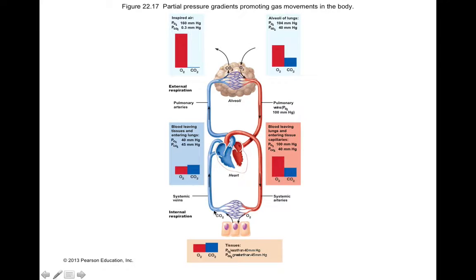So that means this deoxygenated blood that's leaving the tissues comes back to the heart, to the right side of the heart, where the right side of the heart pumps it back out to the lungs, and that's taking this deoxygenated blood through the pulmonary arteries to the capillaries of your alveoli, where it can participate again in external respiration. All right. So what you guys want to know from this slide then are the factors that determine the direction of gas movement, right? So you should expect that under normal circumstances, the reason why you can absorb oxygen from alveoli in the blood is because